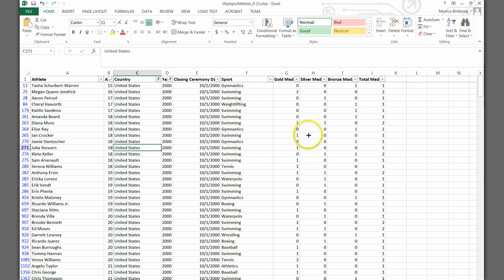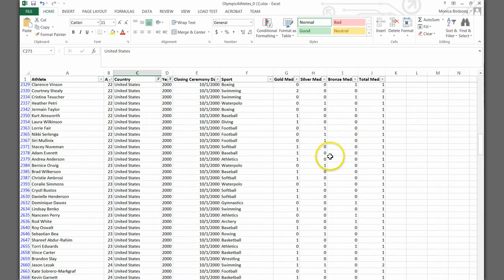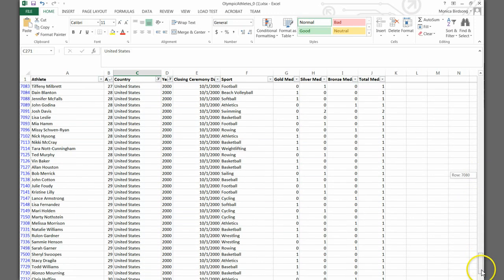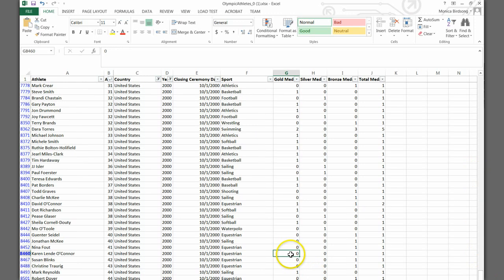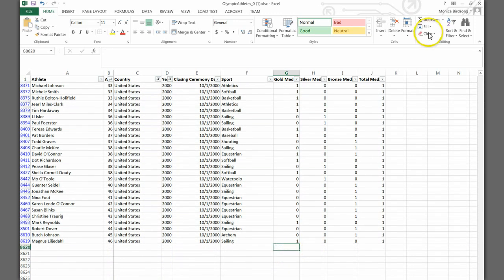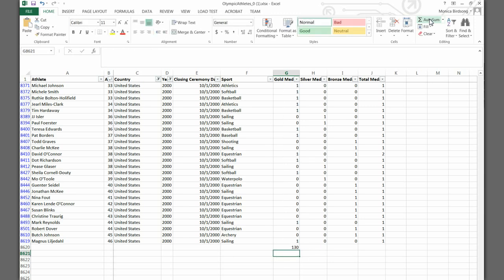Oh, one more note. If you total these down, if you scroll to the bottom and do sum functions, let me get to the bottom a little faster. It will actually only sum the ones that are there. So it'll filter out anything you have filtered out, if that makes sense. So there's only 130